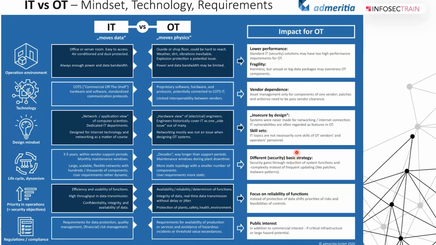So this is something very important. And what is the strategy that we need to implement? How do we ensure that we do all that and focus on the reliability? And ultimately, for any business, any organization, any industry, this is very important: the public interest, the environmental impact, the life safety, and so on. So it is not only commercial interest, but the various safety aspects also need to be